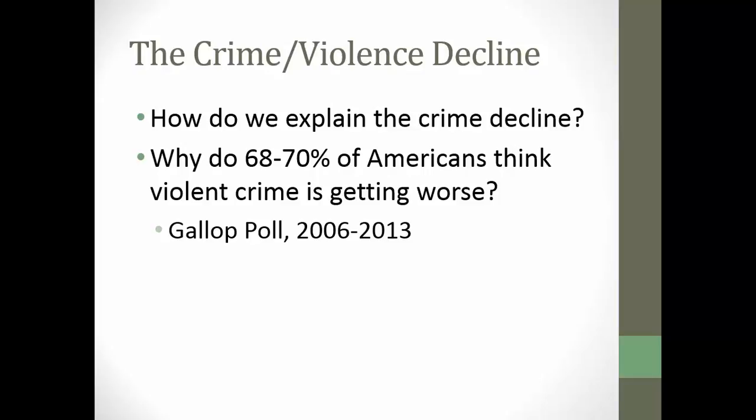We talked about theories, and we'll hit them again at the end of this section. But the other issue is why do most people think crime is getting worse, especially violent crime? We talked about this largely. It's a matter of media exposure and the fact that the media hits on homicides, especially stranger homicides or very gruesome homicides, over and over and over again. That gives the perception that things are getting a lot worse.